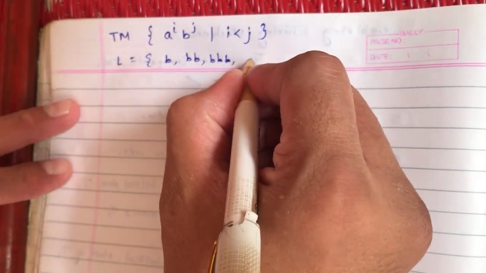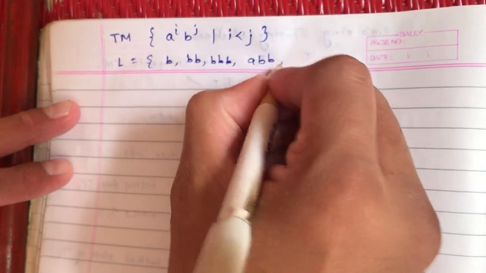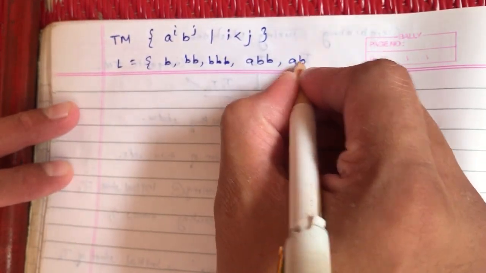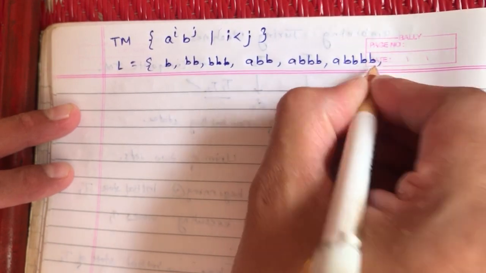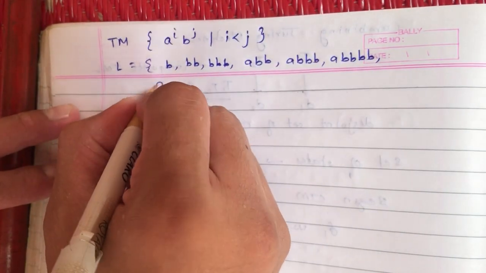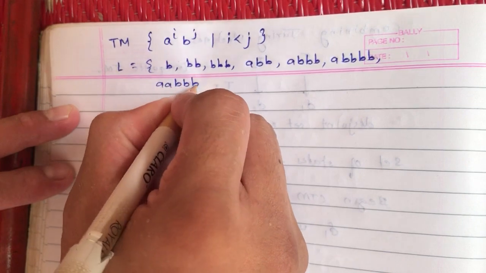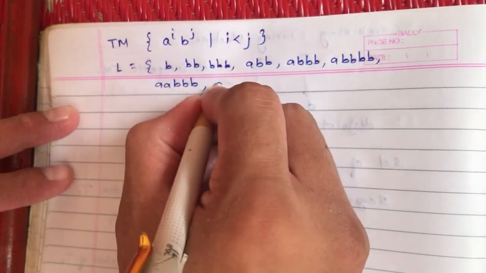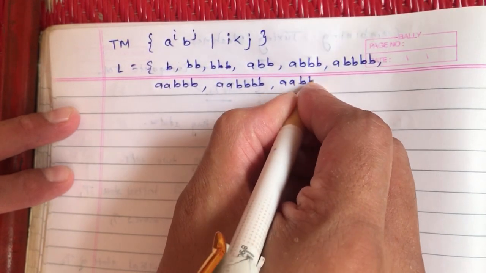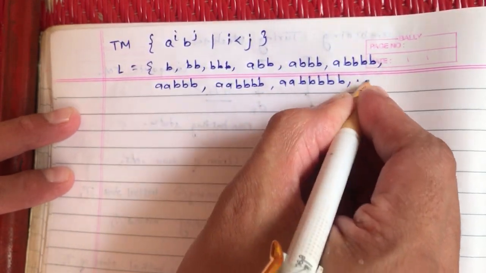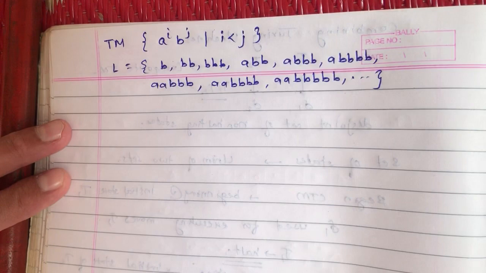Similarly, if the value of i is 1, the strings generated would be abb, a 3 times b, a 4 times b and so on. And if the value of i is 2, the strings generated would be aabbb, aa 4 times b, aa 5 times b and so on. Now in order to construct the Turing machine,